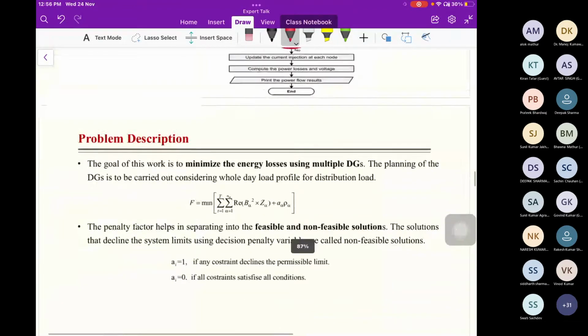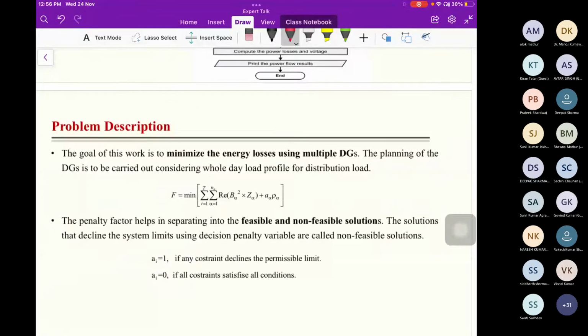So now we will discuss the problem. The problem is that we want to reduce the power losses after the integration of the DERs. So that's why we will minimize the losses. And in this condition, first of all, every study requires an objective. So this one is the simple objective we have considered. This one we can say is the I square losses, the I square R losses occurring between the nodes, and in this condition we will calculate every node's value, and this is the penalty factor. If the constraint is violated, in that condition we will avoid those solutions.